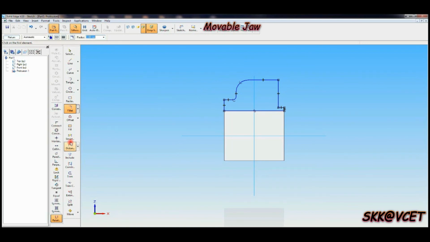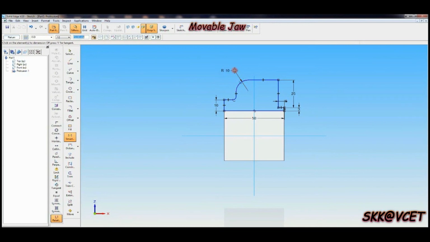Then click on return. With smart dimension, you can see whether all dimensions are correct or not. 3 and 3 mm. Then the fillet radii R10 and R3.